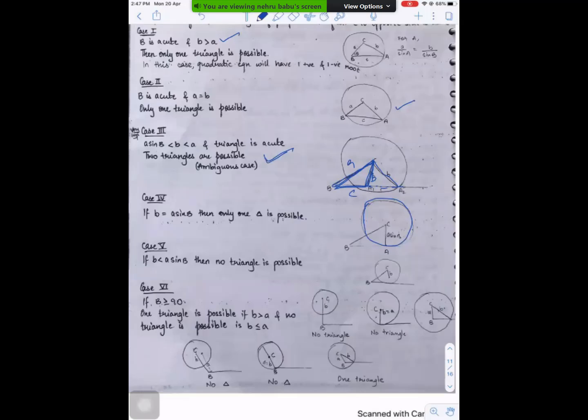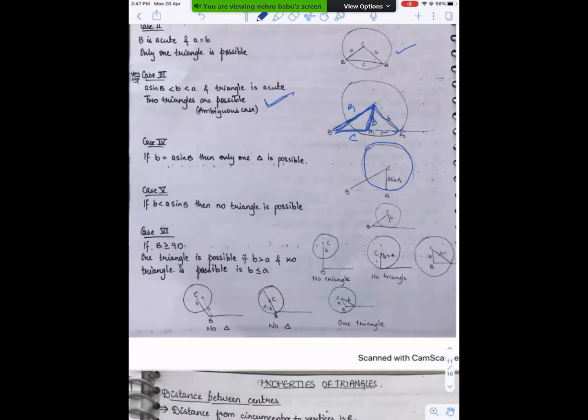So if you see, outside the acute angle situation, always you have the chance of only one triangle if it exists, or maybe no triangle. But you don't get two triangles in the obtuse situation. In the acute angle situation only you get two triangles. That is only when a sin B is less than b is less than a. Here a sin B is what? The height of the triangle. Simply if you observe,